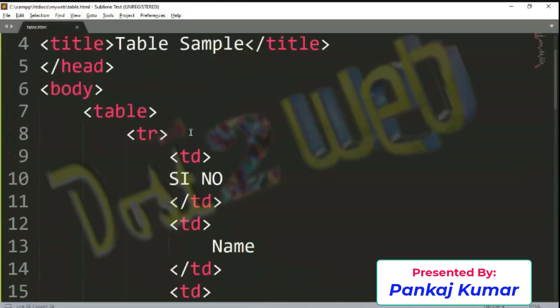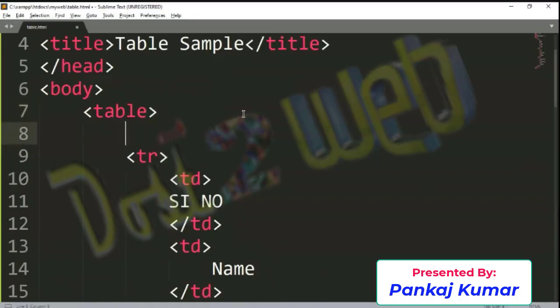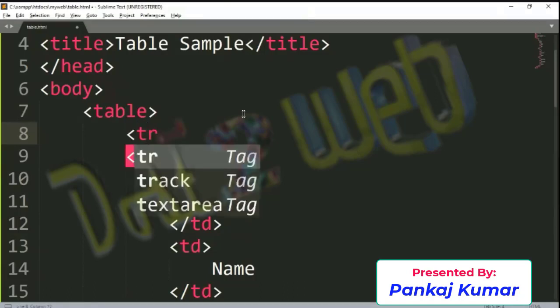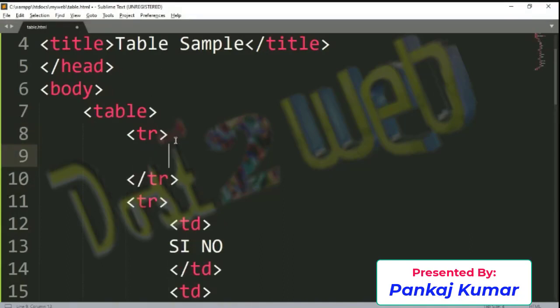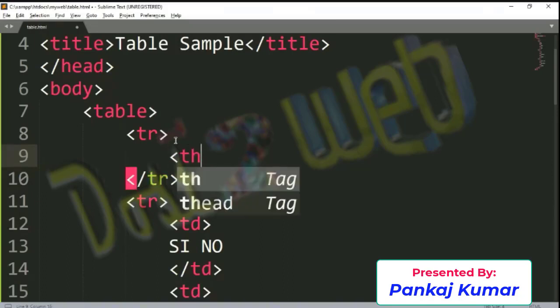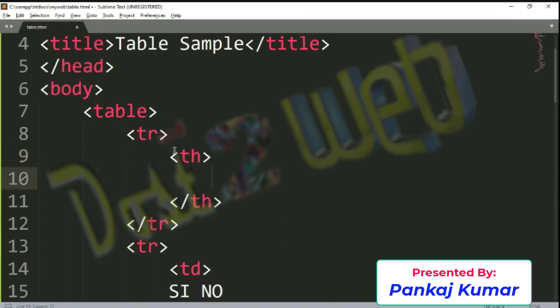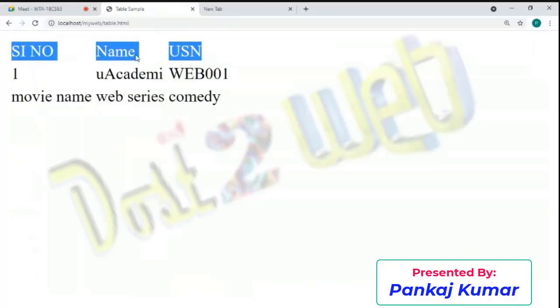What I'll do is create another table row. In this table row, as I mentioned, we need the table header, th. So how many columns do we have? 1, 2, 3.